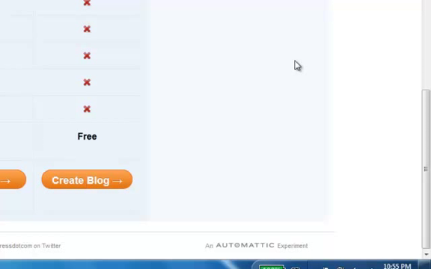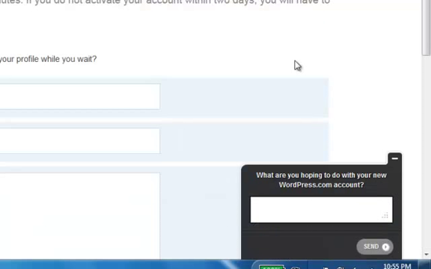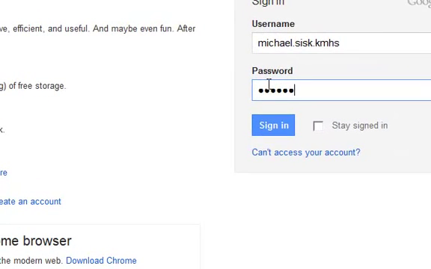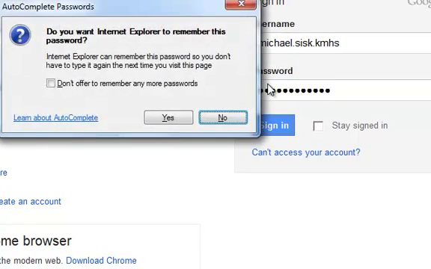Once I create this blog or create this website, they call it a blog, I check the email to complete registration. So I'm going to go to the Gmail account that I happen to have, and I'll be pausing the video fast forward in order to do this. And here I am in my Gmail account. I'm logging in with michael.sisk.kmhs. I did this for my Huskins class, and I'm teaching at Kings Mountain on this particular semester. I'll put in my password, and hopefully my